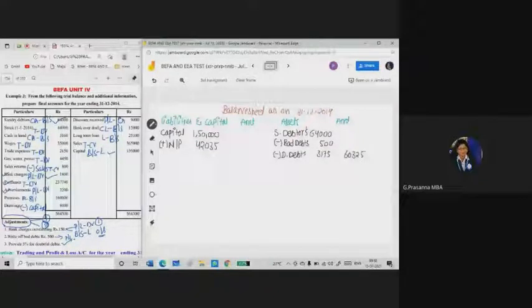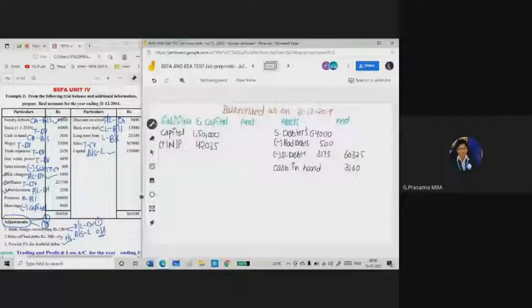Okay, stock we have already taken. Cash in hand. Cash in hand is a current asset. You need to show it in the balance sheet, so I'm writing here cash in hand. Okay, how much is the amount of cash in hand here? 3160. Next, gas, water, trade expenses. These all belong to the trading account. Sales return also. Here there is an adjustment for the bank charges. What is that adjustment? Bank charges outstanding rupees 150.